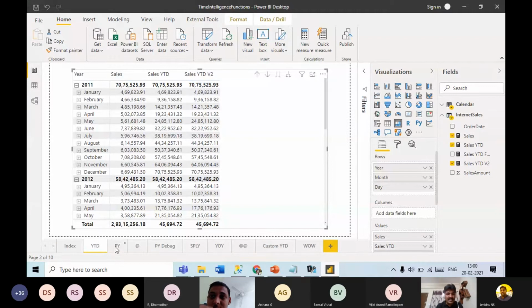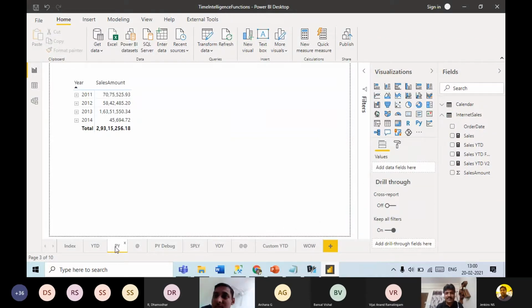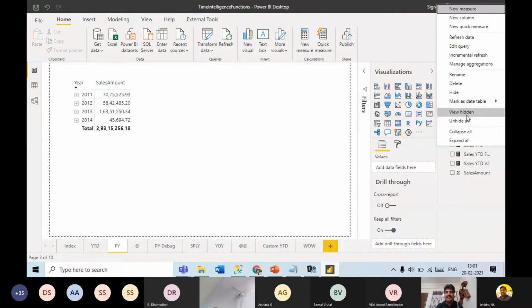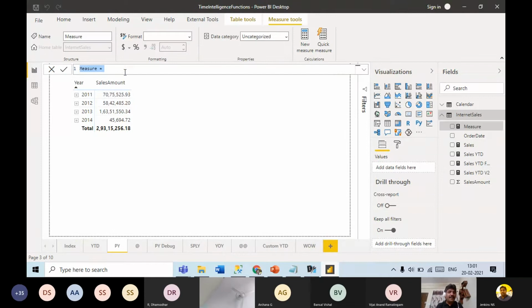Let's move on to the next time intelligence function. Here I'll show how to use the previous year function. For example, for 2012, the previous year sale amount is this amount. So this amount I want to come here. To do that, we can use the previous year time intelligence function. New measure.